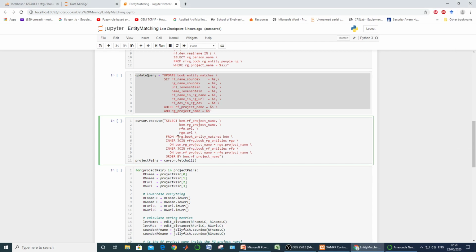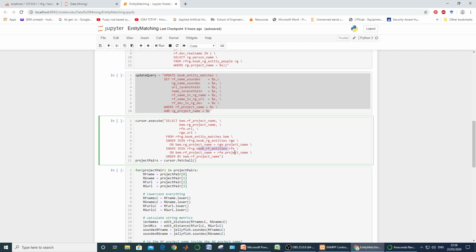This BEM refers to the resultant table, that is the RFRG book entity matches, the sixth table we are talking about, named BEM. RGE is our book RG entities table, and RFE means the book RF entities table. So these are the references given: BEM, RGE and RFE.